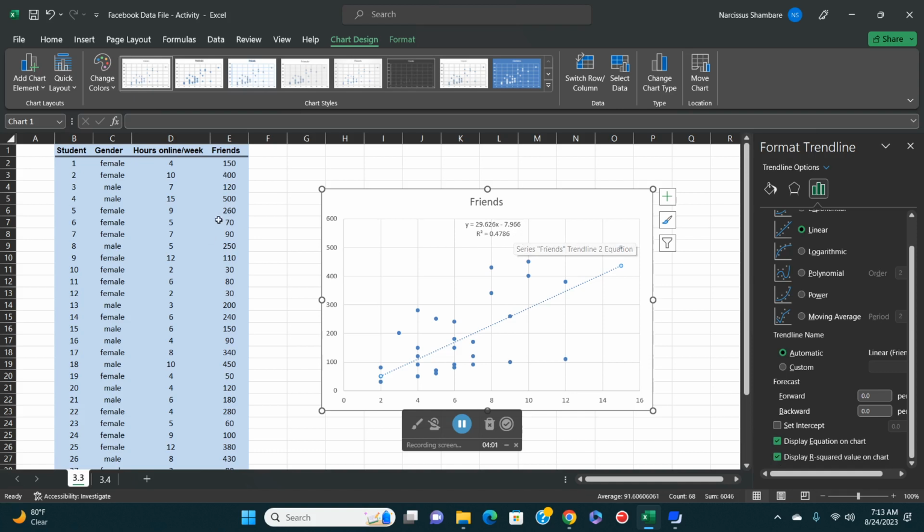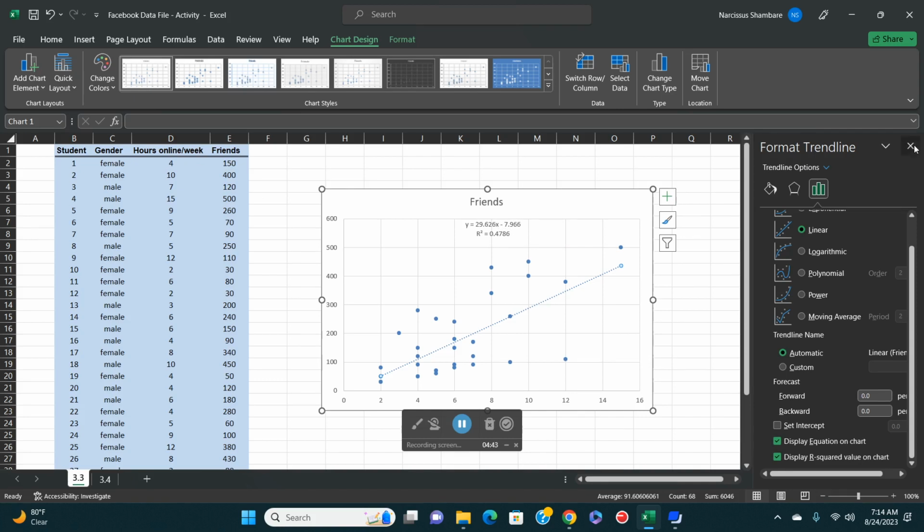The coefficient of determination. So basically R square is telling us that 48% of the variation of the number of friends can be explained by the number of hours that are spent online, right? So to some extent, depending on the question you've been asked, some may just say, well, this is adequate. You can end here and say, I've done a partial regression analysis. Why is that so? Because you can use this linear regression equation to predict the number of friends